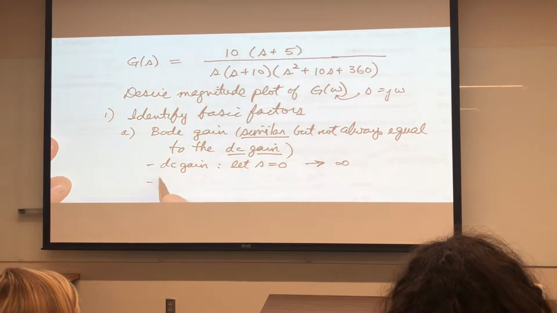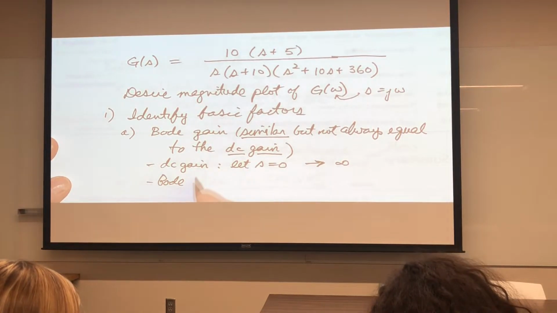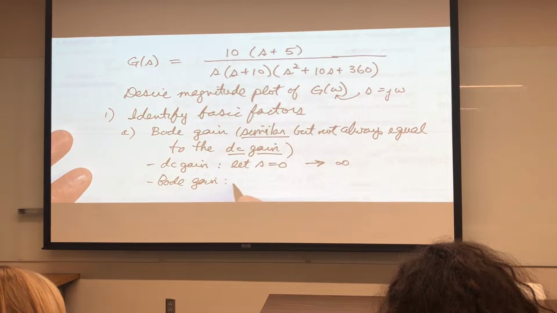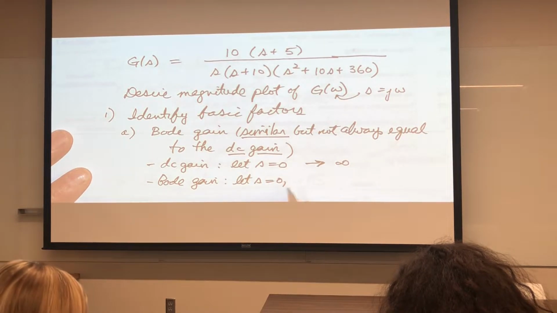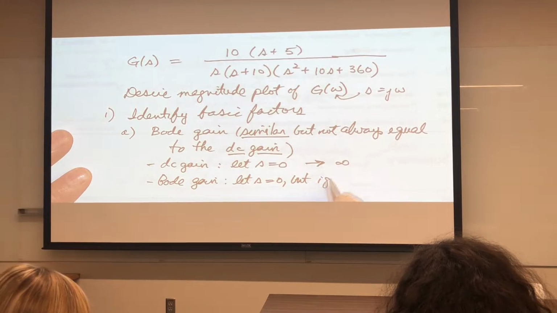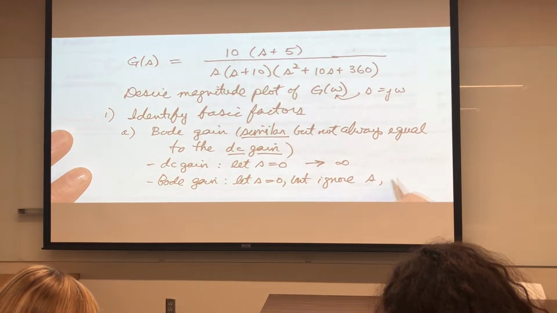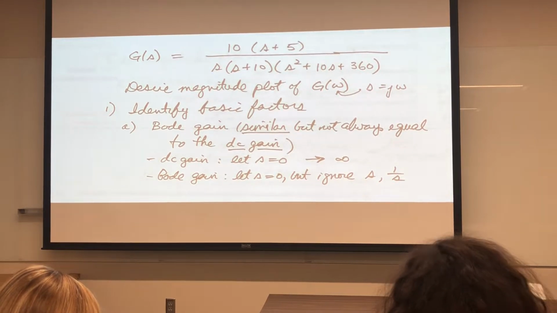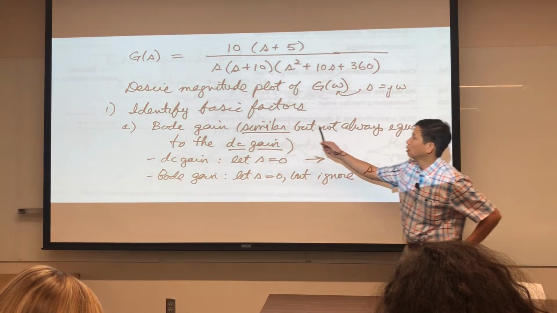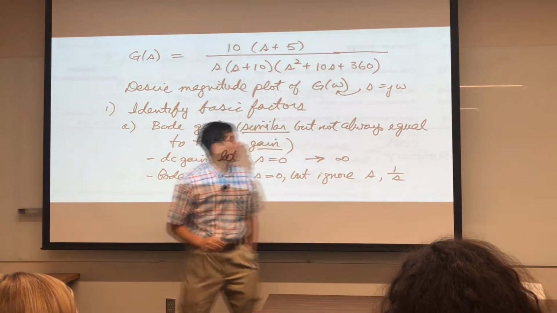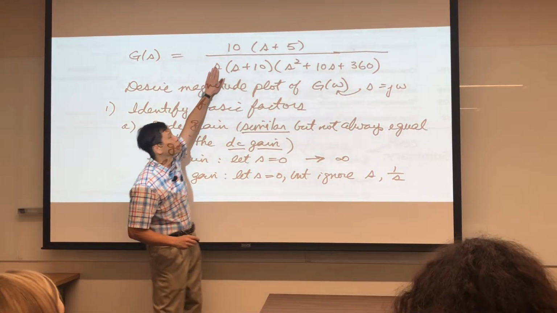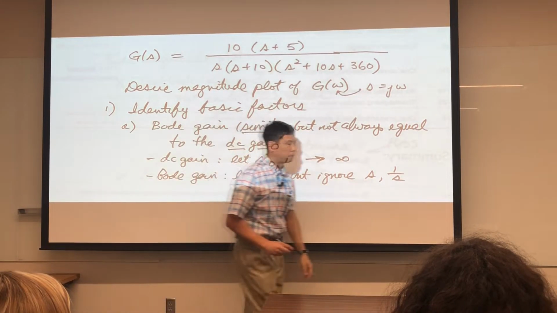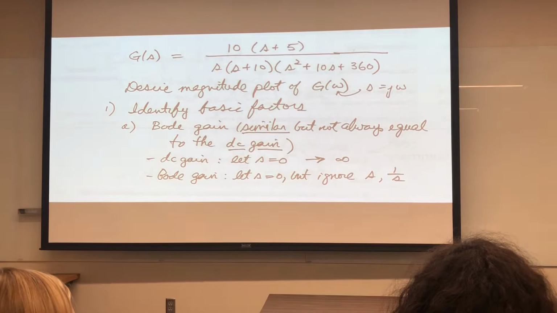In contrast, let's take the Bode gain. Now the Bode gain, again, I let S go to 0, but ignore terms that look like S or 1 over S. Okay? So if I let S go to 0 now, but I ignore this factor, now everything else is a finite number. And so the Bode gain in this case is going to be,